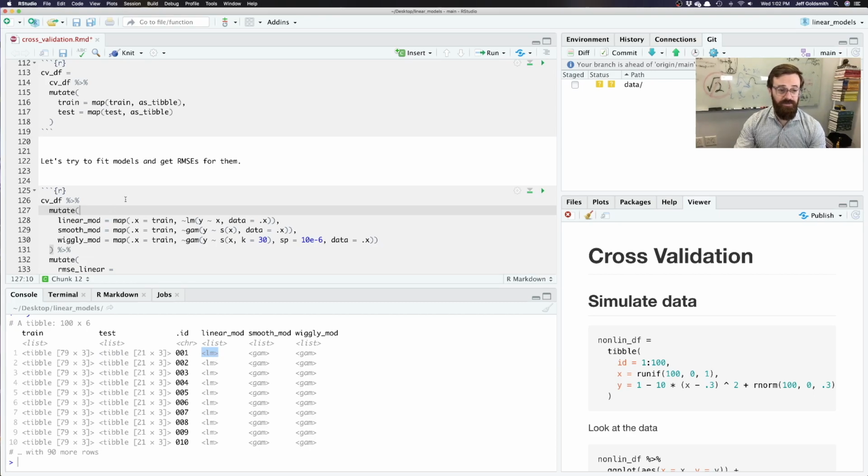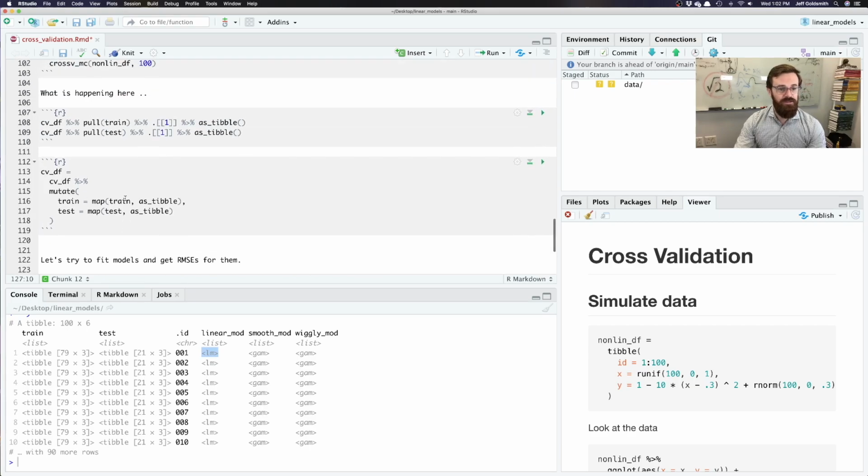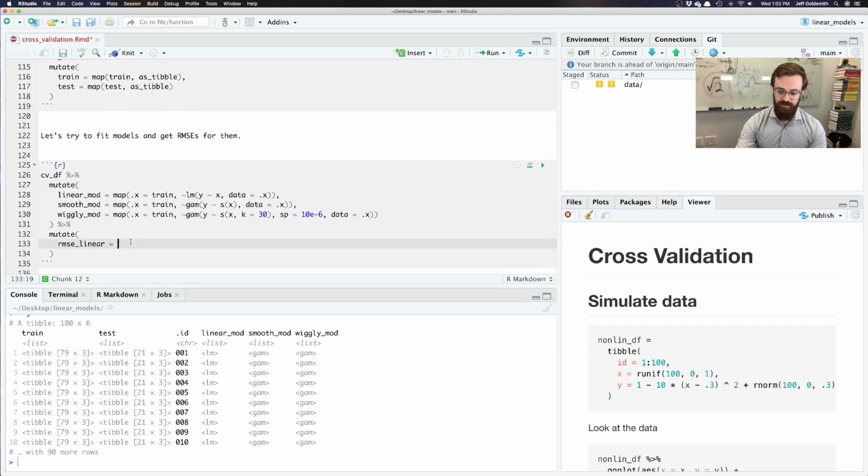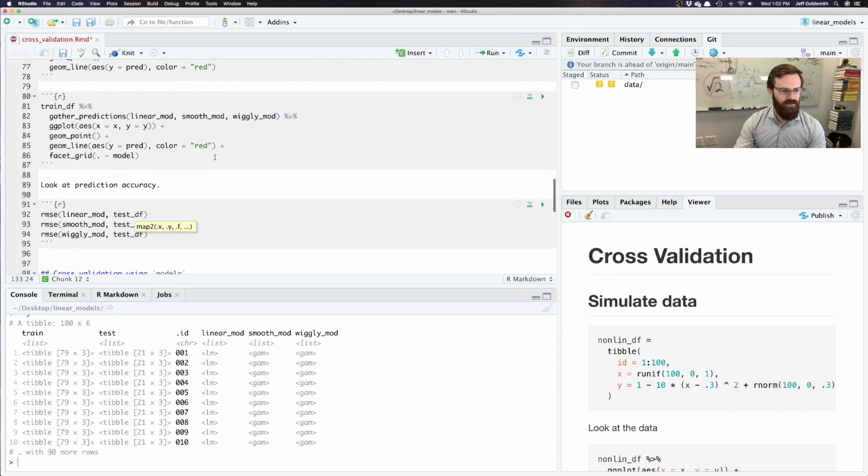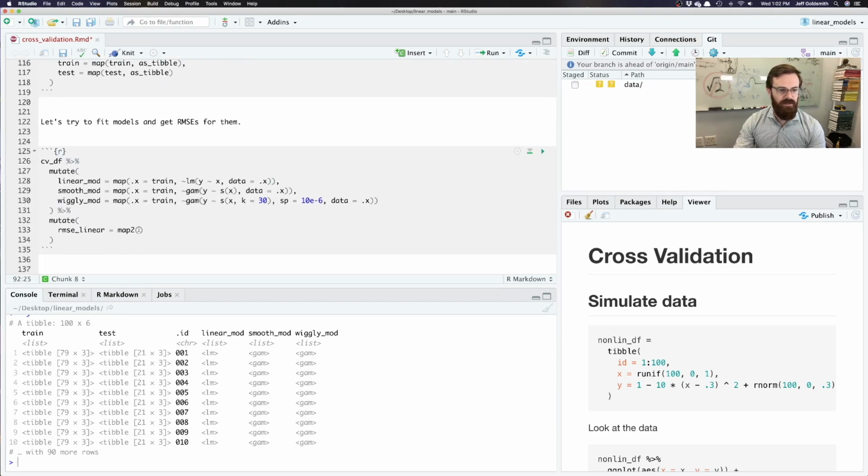I've got 2 arguments going in here, and since I have 2 arguments, I can't just use map. I've got to use map2. The first argument is the model, and the second is the data set. So I'm going to say my first argument .x is the linear model, and my second element .y is the testing data set, and I'm looking at root mean squared error